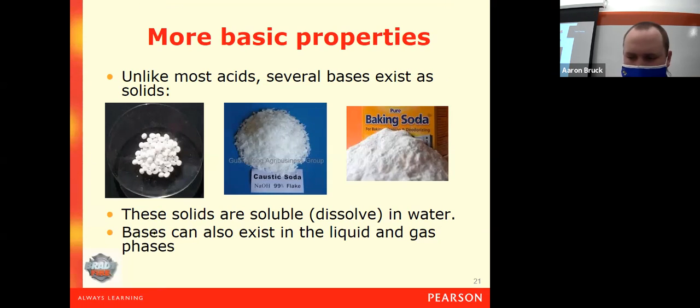So this one on the left here, this is actually potassium hydroxide, KOH. Comes in those little pellets. Sodium hydroxide actually has a similar appearance, but it also can exist in flake form, as is shown here. This last one here,